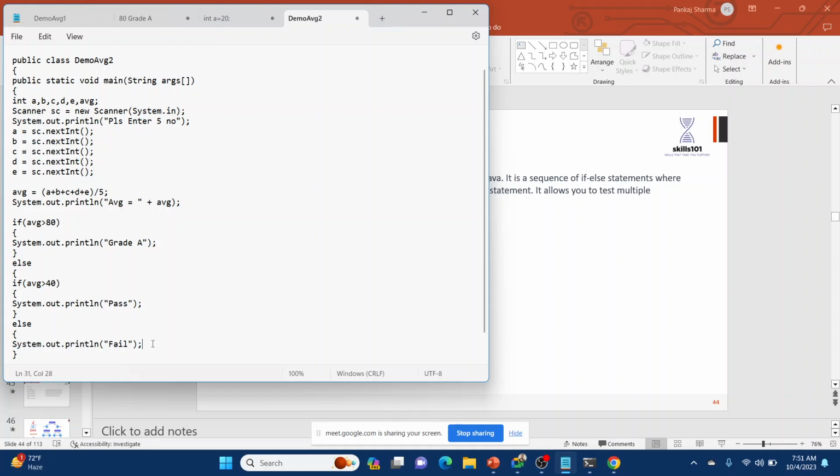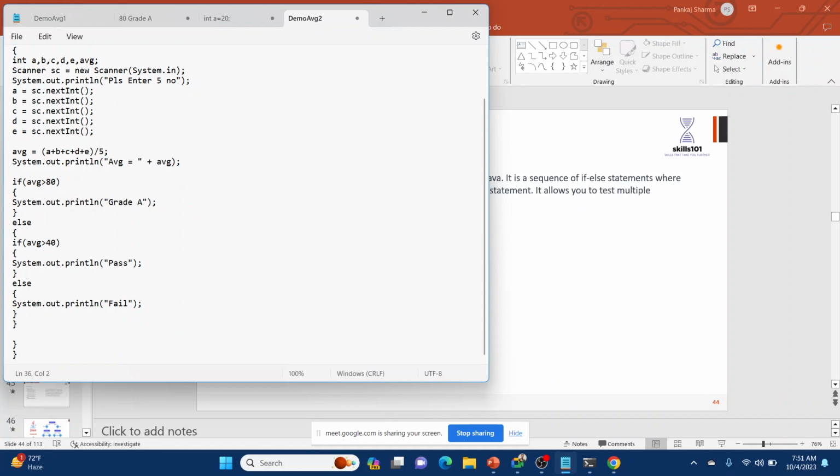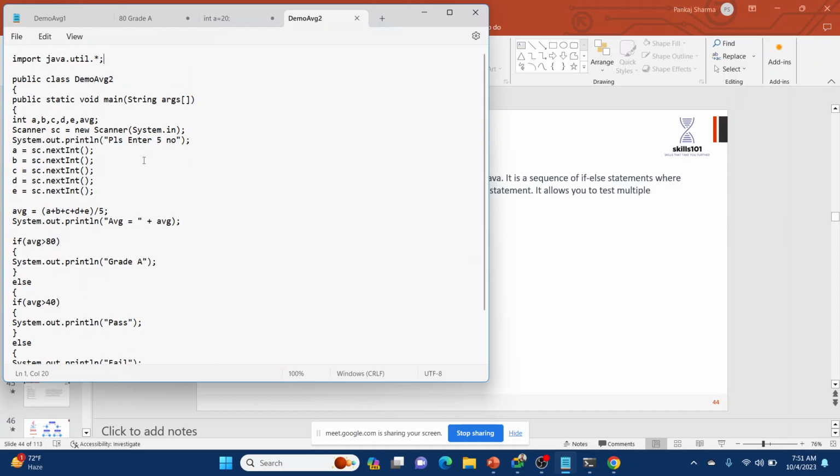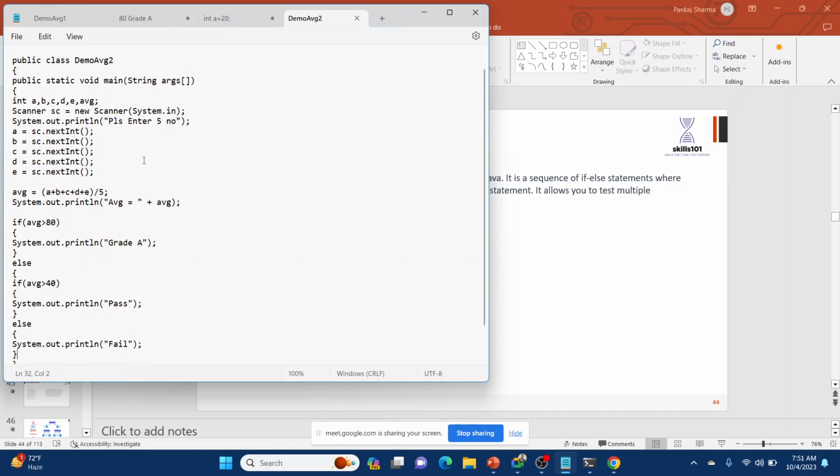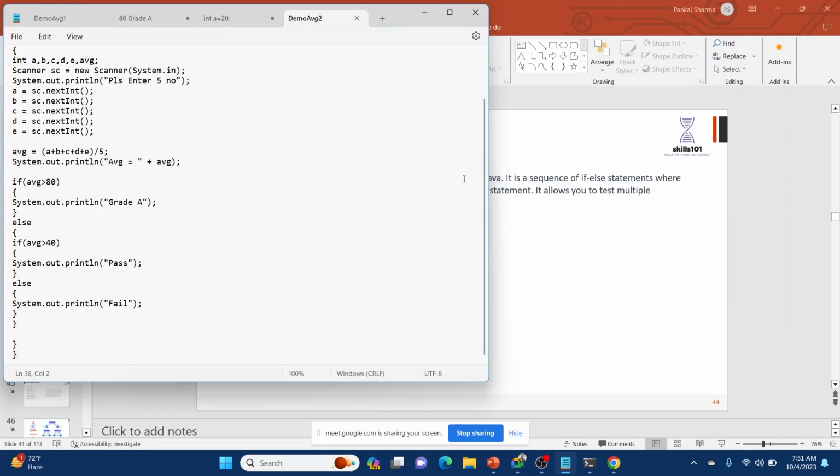And when you are doing it multiple times, please make sure the braces are there. So this if opened here, closed here, this else opened here, this if opened here, this if is closed here, then this else is opened, then else is closed, then the bigger else is closed. Otherwise it will create an error or maybe ambiguity in your program. So we will save it again. After saving this program, we will try to compile it again.